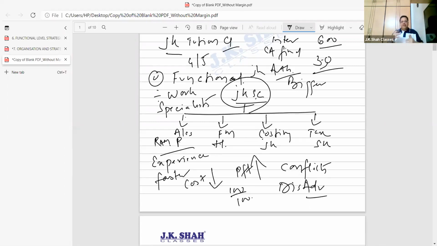But then when the organization becomes bigger, work is divided on the basis of function. And beta, be very clear. When I say functional, what do I mean? You're telling that person to do the work which he likes to do. Ram Prabhu sir says, I'm comfortable teaching accounts. So, sir, you please teach accounts. Himanshu says, I want to teach FM. So, sir, please teach FM. You know, what is the idea behind that?